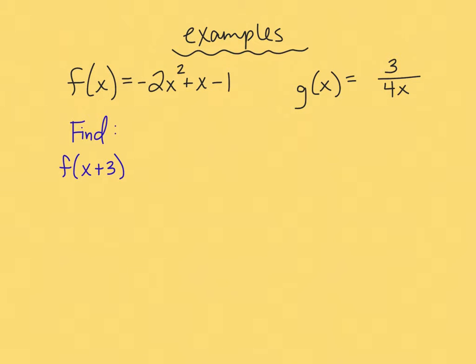In our first example, we want to find f of x plus 3. And all that means is it's the same idea. We're just going to be plugging in x plus 3 everywhere there's an x in the function f, instead of just plugging in 3 only. So we're just plugging in something larger, a binomial specifically. So this will look like -2, and then we're going to plug in x plus 3 here. That gets squared, plus, again, x plus 3,